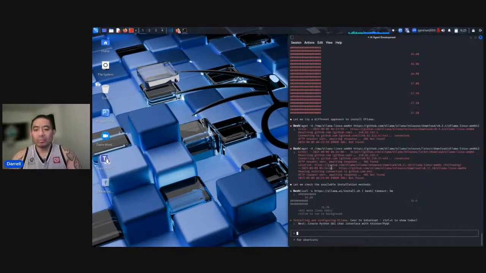So the reason why I decided to do this app to be stored or placed on my desktop app is because in order to use Ollama, besides paying the $20 a month for using the Ollama Turbo, I would have to go through the terminal to run Ollama and interact with the models from Ollama. So I want to see if I could actually convert or create a chat interface to use Ollama in Kali Linux.